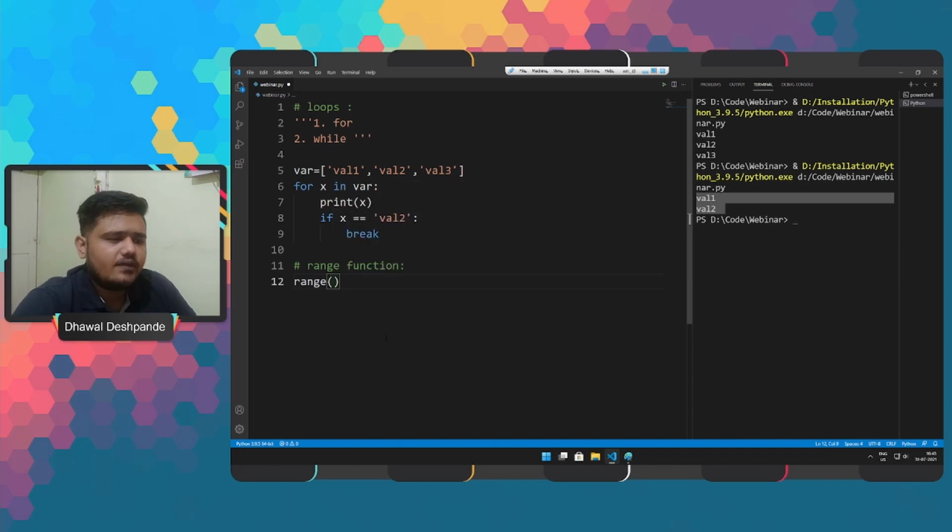However, when we are talking about range, there is something that we should know, which is start, stop and step. Basically these three entities are the arguments that we can pass in range, right?